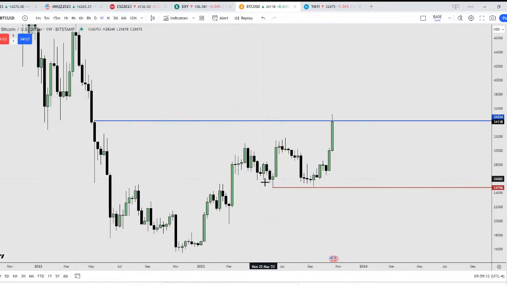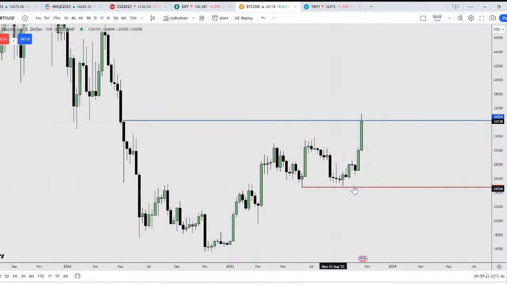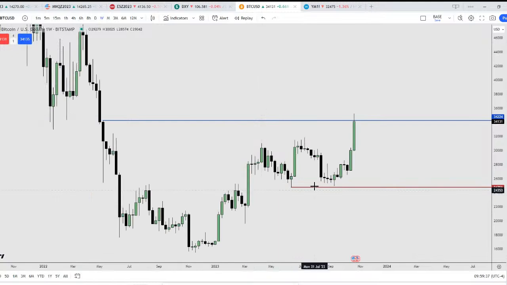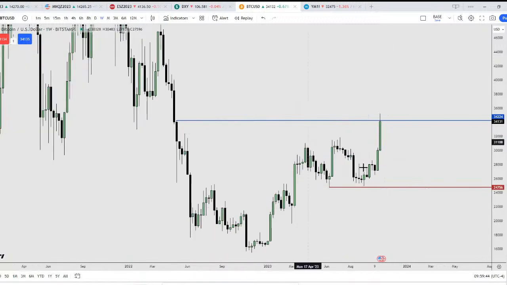Those were the two targets that I was looking for since this low here, since June basically, or May. I'm not too sure about June or May. Because we have reached this level here, I'm anticipating a reversal down into this low here. Why? Because it's a quarterly fair value gap, and we have confluence of equal lows as well. So it's definitely going to come back here, but it's going to take a while, just like how it did right here and right here as well.